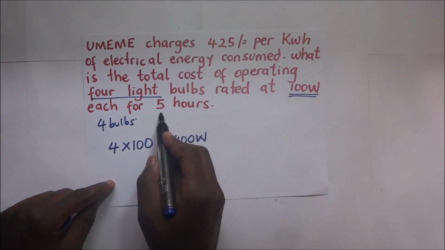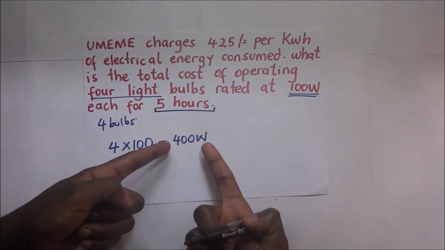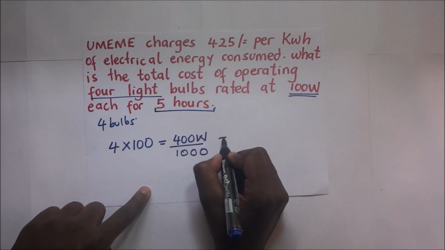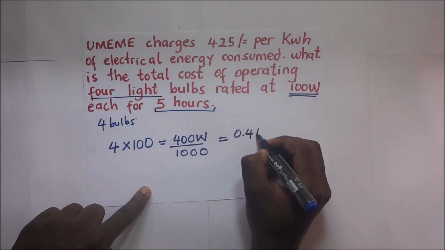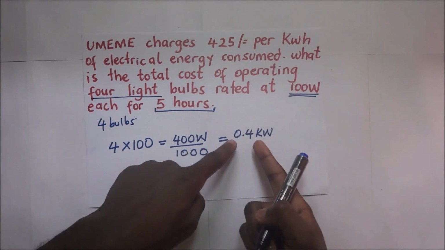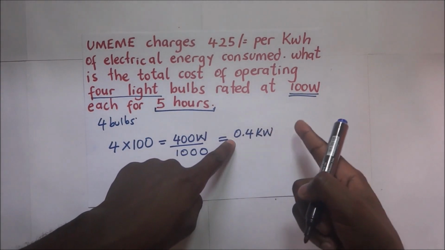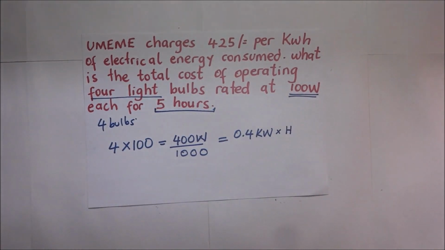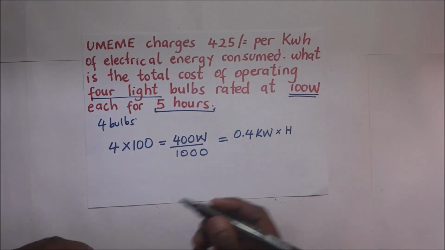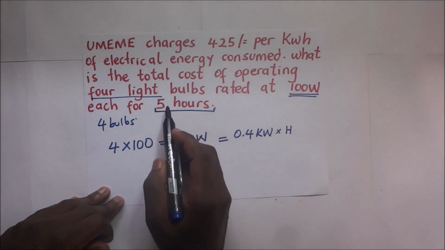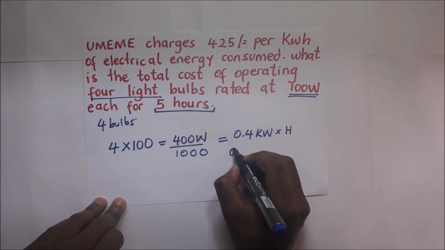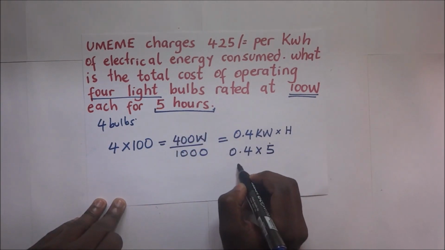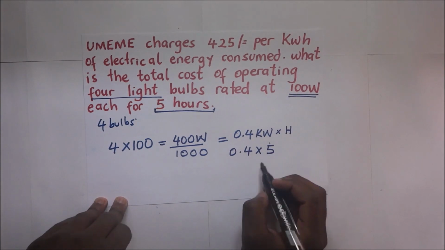Now, but they are consuming them in 5 hours. So let's first convert these watts to kilowatts. Converting these to kilowatts, we divide that by 1000 and we are going to end up with 0.4 kilowatts. Now, converting those kilowatts to kilowatt hours, it means you're supposed to multiply this by the hours it is running. So multiplying that by the hours, this thing is running for 5 hours. So it's going to become 0.4 multiplied by the 5 hours. And so 0.4 times 5 hours gives us